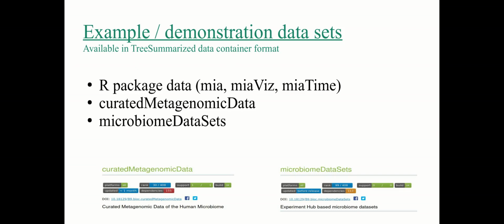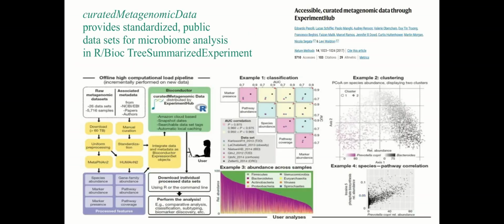But also other research teams have started to support this ecosystem of tools, and one prominent example is the curated metagenomic data project that some of you may have heard about. The curated metagenomic data is a huge effort to provide standardized and public datasets for microbiome data analysis. They have run all the different experiments from human microbiome studies through a standardized pipeline